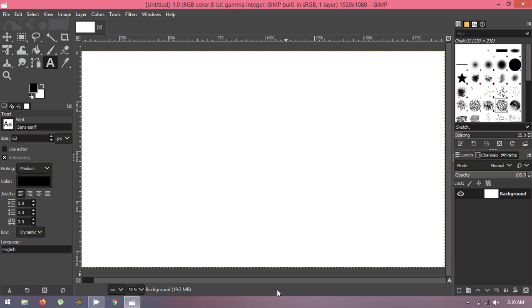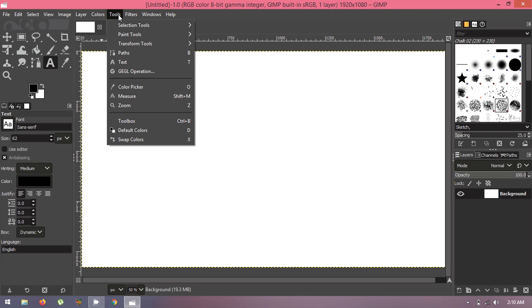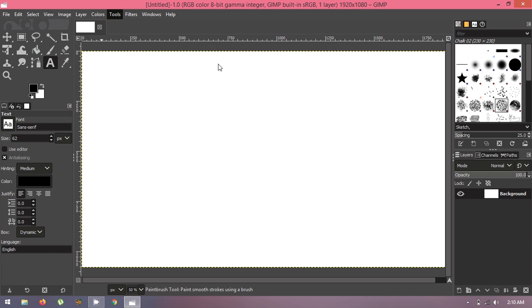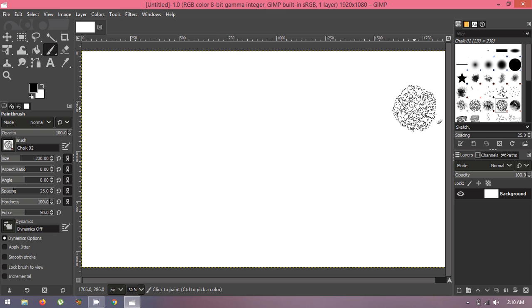And now suppose I want to start with simple paint tools. How can you do it? Here we have some tools. If you want more, then you can go to Tools and then Paint Tools and choose any one. Suppose I'll start with my paintbrush. If I choose the paintbrush, there are different styles of paintbrushes here, like I can choose this one.